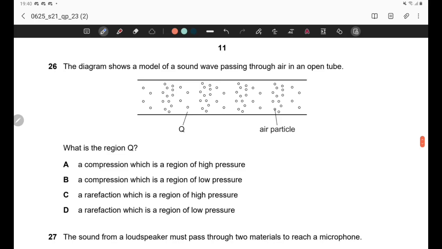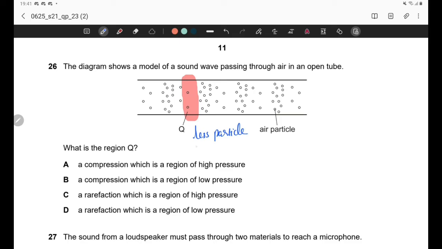Question number 26. The diagram shows a model of a sound wave passing through air in an open tube. What is the region Q? When we observe the region Q, we can understand there are fewer particles present, and